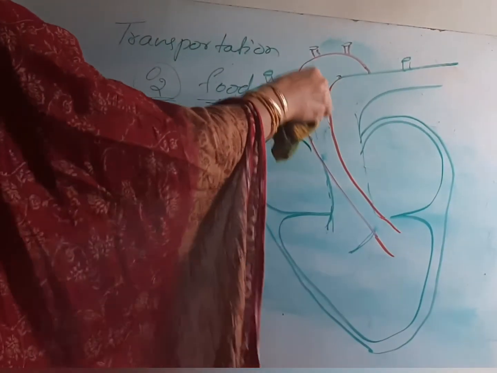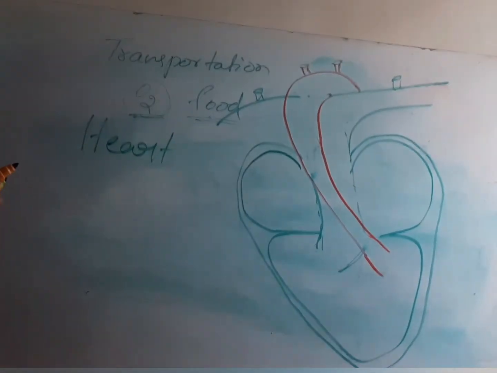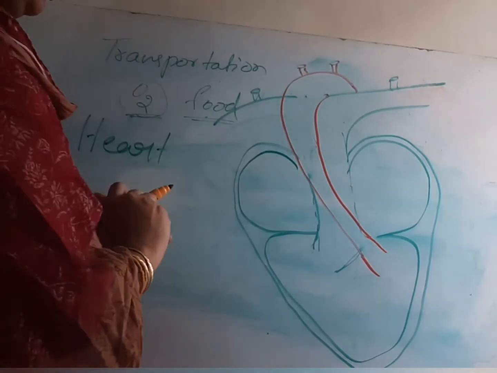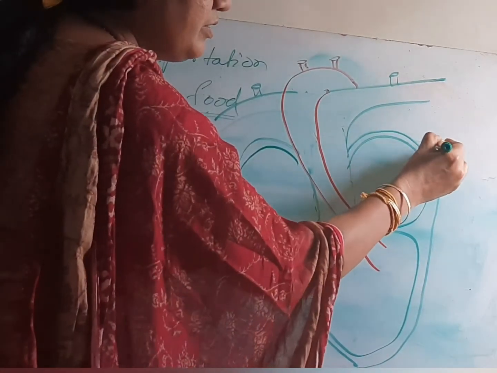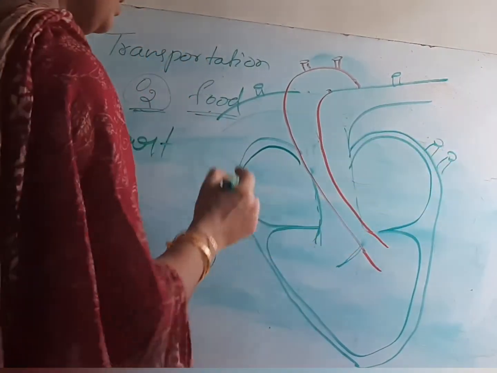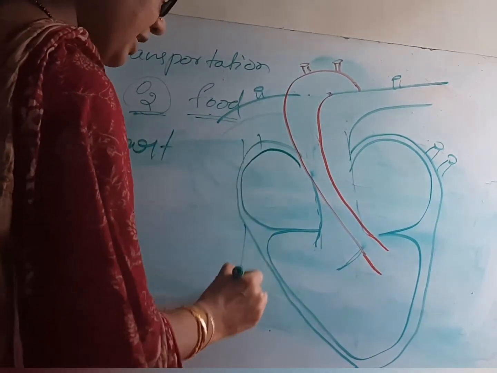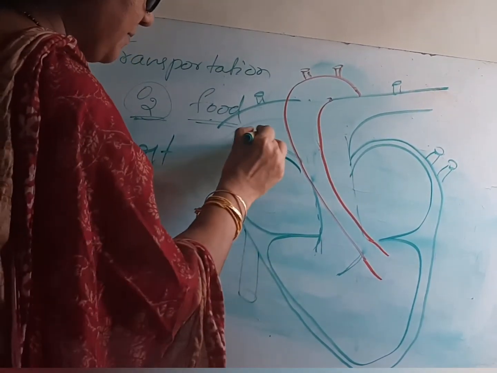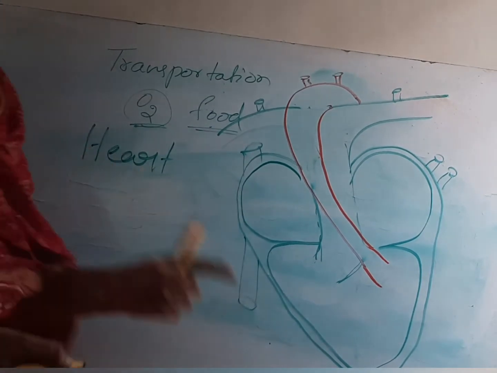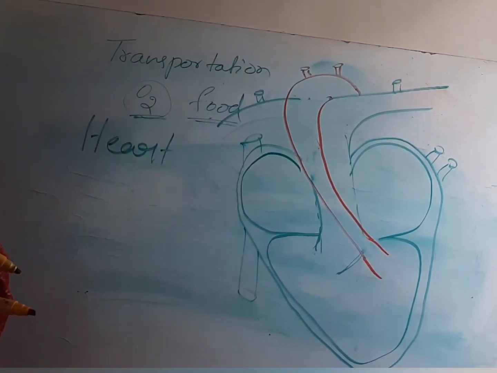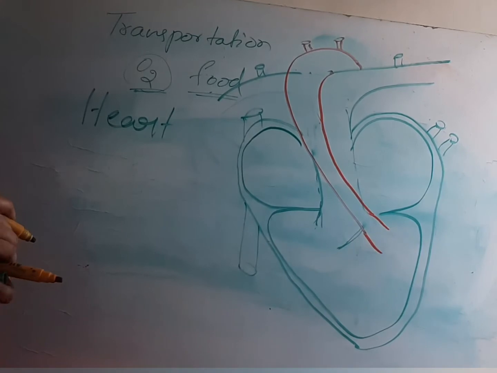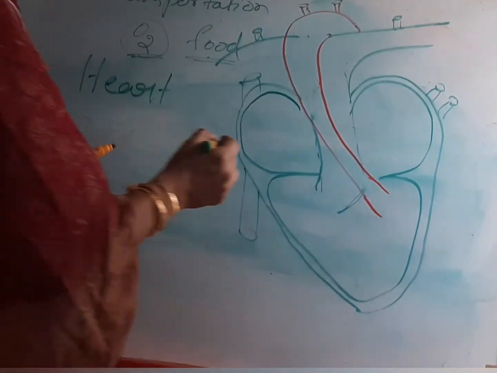The center, you just erase it. And then here two erases, and here an elongated blood vessel. This is the two-dimensional diagram of the heart. Now label the parts. Now this is